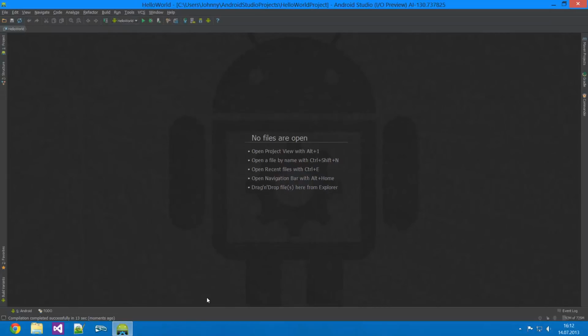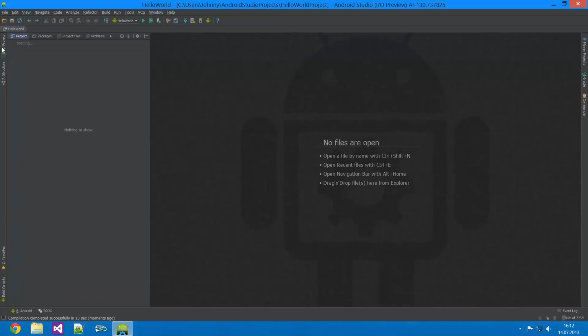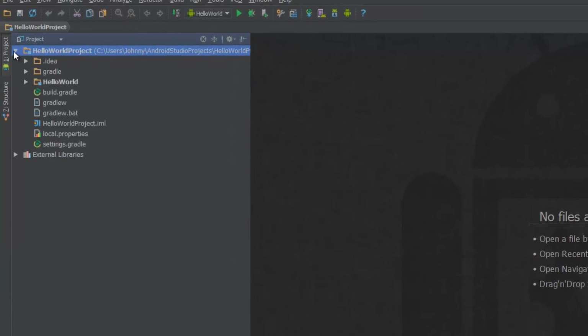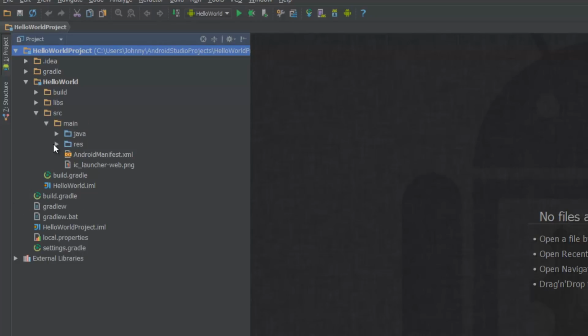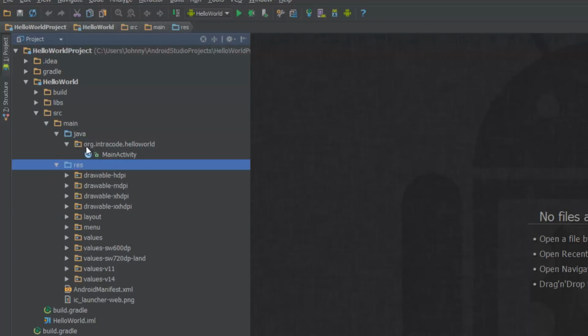So now it's going to say no files open, although we just created a new project, and don't worry about that. Everything we have in our project is right here in this project tab. So just expand this list view right here, and now you just have to click on Hello World and go to Source, and then we have our resources right here, and of course our